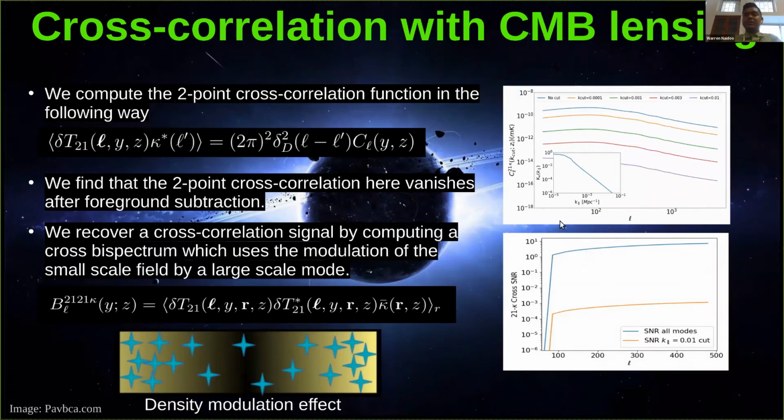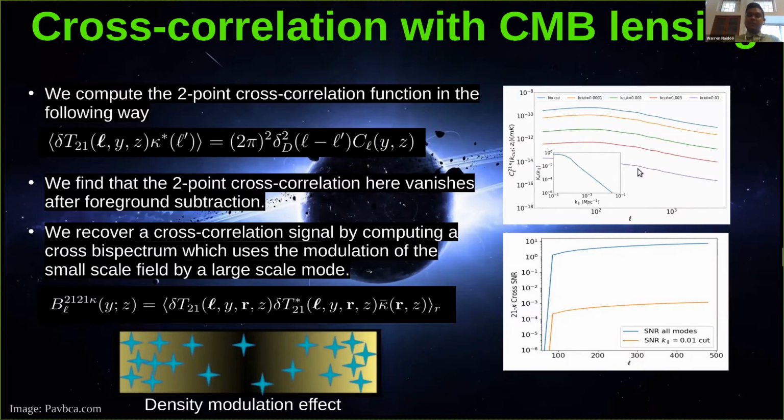So I show this in this first plot here. The thing we can see is the cross correlation signal, which is the total signal, shown in blue, when we don't do any mode subtraction. So basically it's all the modes or scales accessible by the experiments. Then we have some signal here. But the thing to note in the cross correlation is that when you start removing K parallel modes or radial modes,